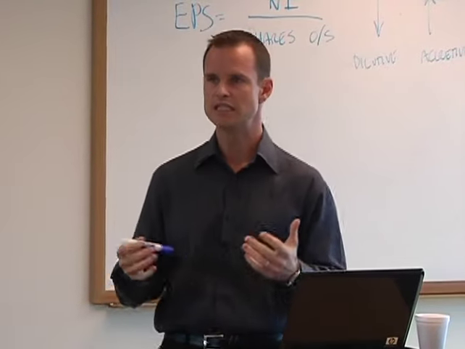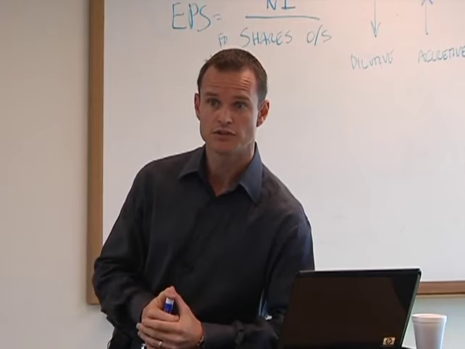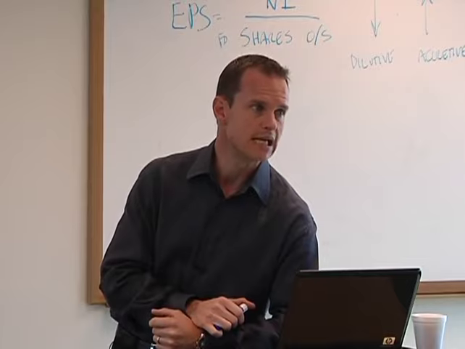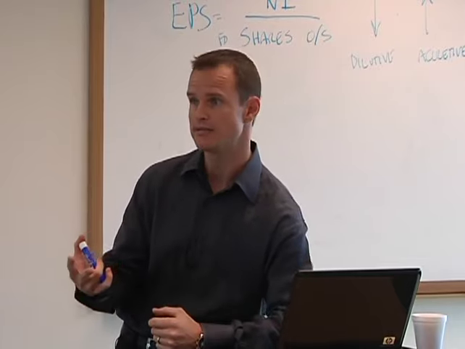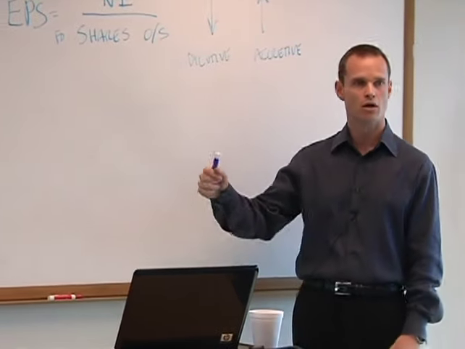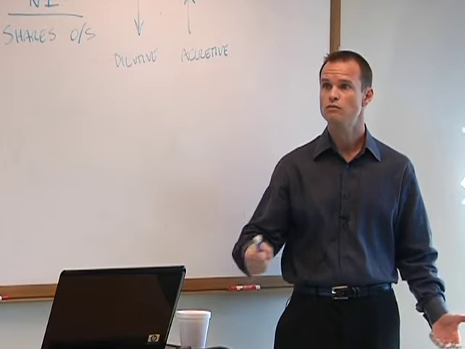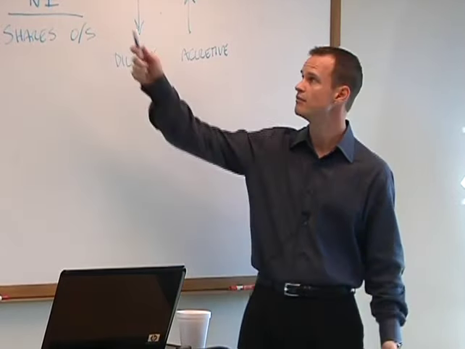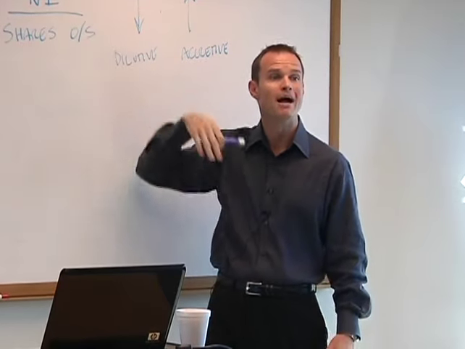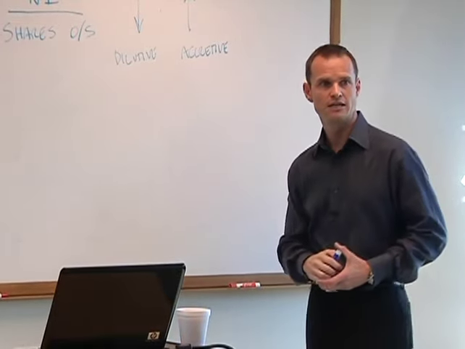Okay, but even if there's a deal where no stock is issued, maybe the buyer is paying cash for the transaction, that cash portion of the purchase price needs to be financed. Okay, and there are two different ways we can finance that cash portion. Either the buyer could borrow, all right? What happens anytime we borrow? We get interest expense, we have more interest, and it could cause net income to go down. All right, so by borrowing the cash portion of that purchase price, that could drive net income down,